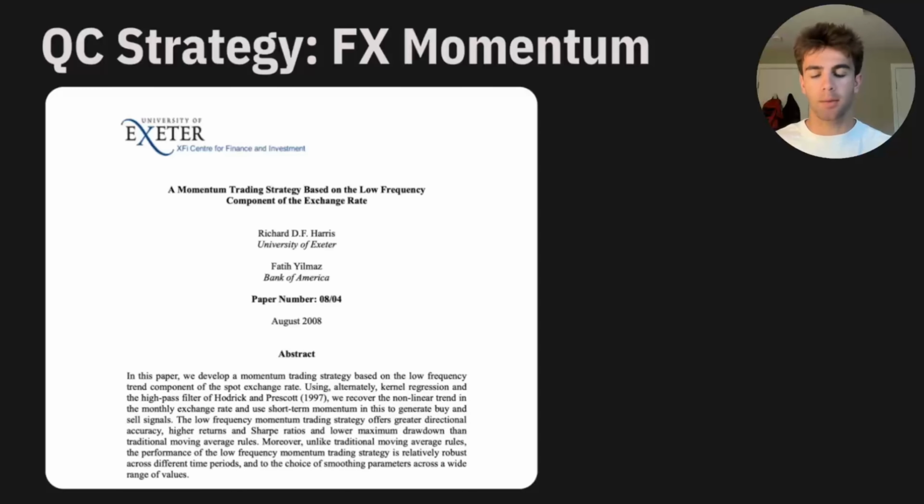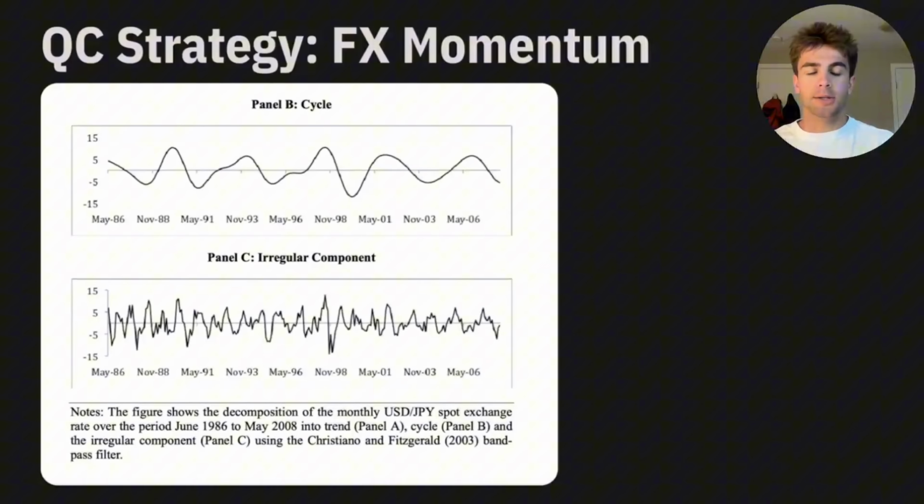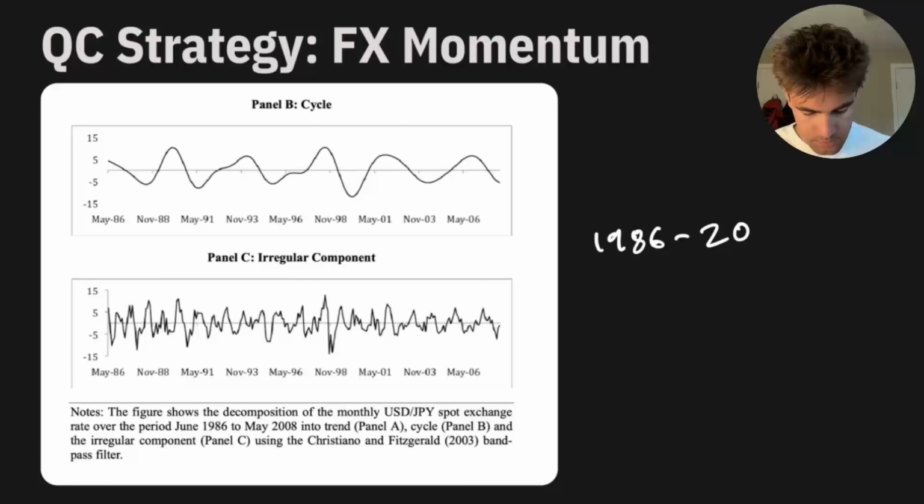This is the strategy I ended up picking for the momentum trading. I liked this one because it focused on low frequency trading, and without the resources of Citadel or Jane Street, I can't really execute a successful high frequency trading strategy. So as we can see, the strategy in this paper was tested over the time period of 1986 to 2006, and this becomes an issue later because I think it may be outdated, or I just tested it over too small of a time frame, but I did not get the intended effect or outcome that was outlined in this paper.